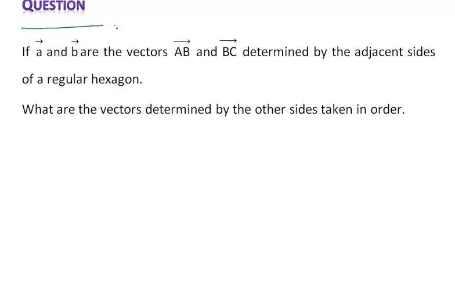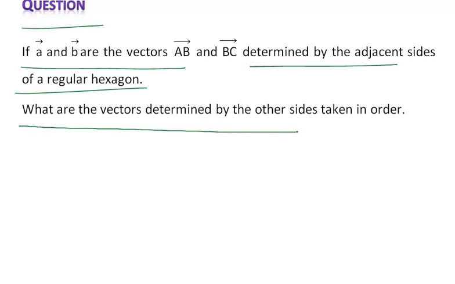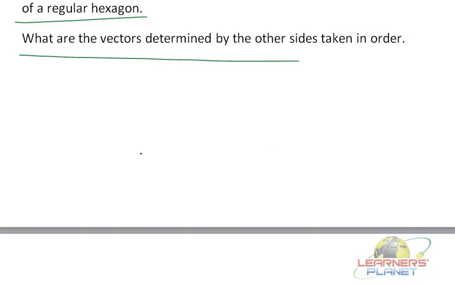Now let us look at the next question. If A and B are the vectors AB and BC determined by the adjacent sides of a regular hexagon, what are the vectors determined by the other sides taken in order? Okay, so the question basically is that, let's say you have a regular hexagon, and if these two